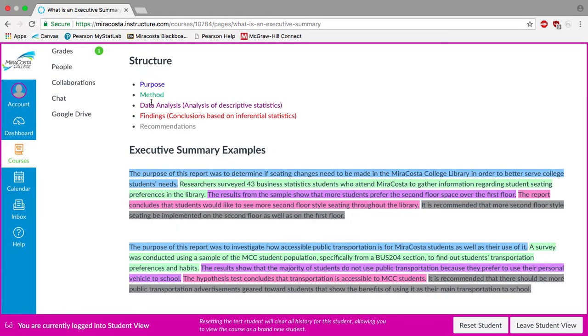So what I've done is, for instance, the purpose is highlighted in blue, the method is in green, the data analysis is in purple, and the findings is in pink, and the recommendations is in gray. So in other words, an executive summary is a 5-sentence paragraph that breaks down the presentation. So take a closer look at this and let me know if you have any questions on how to write